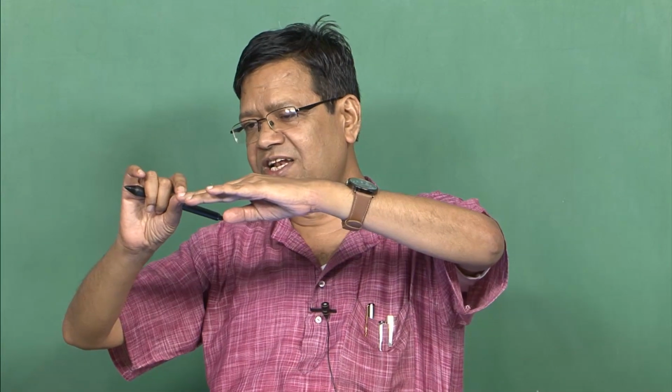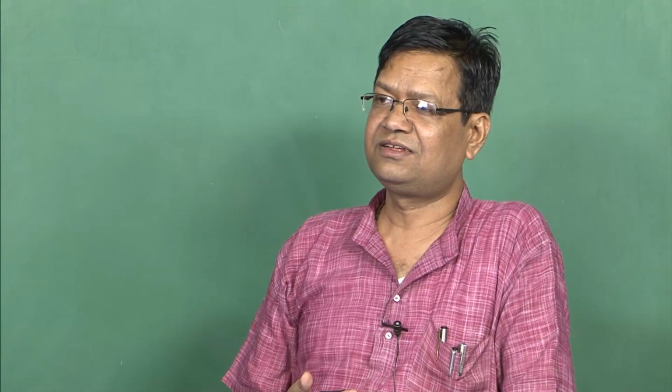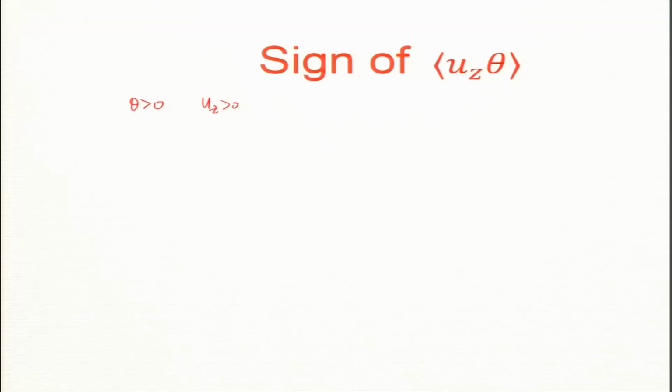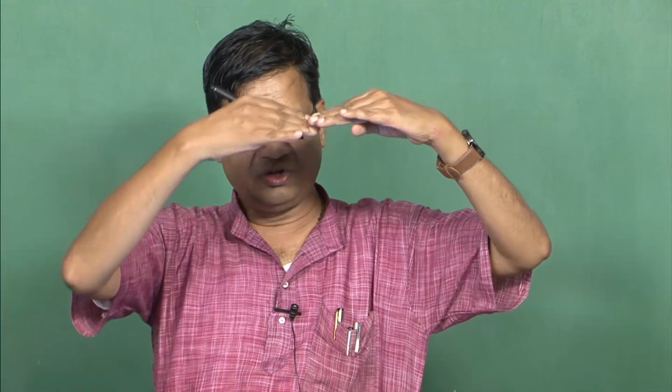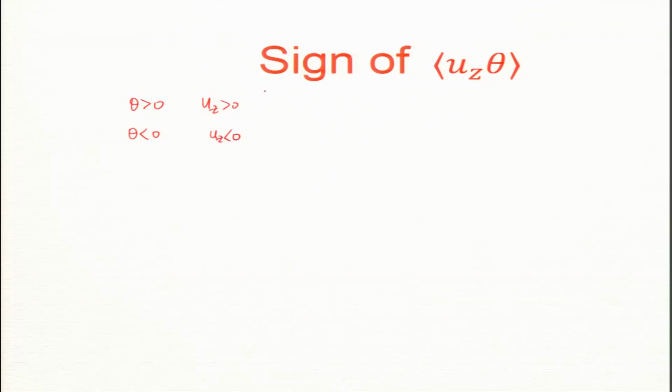If it is hotter, then it will go up. So, theta and u_z have the same sign. So, u_z theta must be positive. If theta is less than 0, it is colder than the mean at that level, so it will come down. So, u_z is negative. So, this implies that u_z theta is greater than 0,